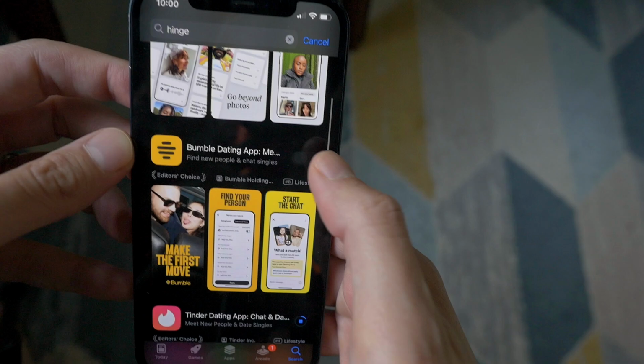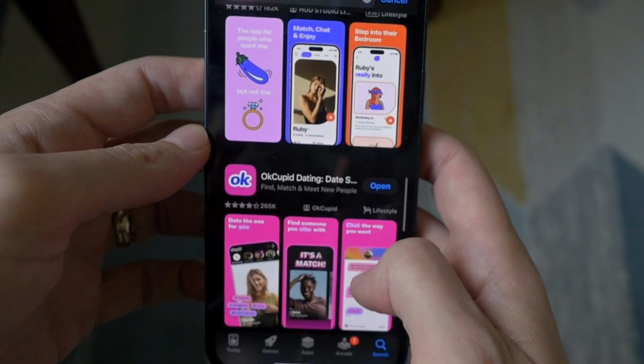Come watch me. All right, so I just downloaded Hinge and Bumble and Tinder, and I just predict off the bat that Hinge is probably going to get me the most dates. Bumble I think is going to come in 2nd, and Tinder is going to be 3rd. It was interesting scrolling through also and seeing all the different types of dating apps that are new that are out there that are supposedly good, but I've never heard of any of these. It seems like people are still using the top 3: Hinge, Bumble, and Tinder.